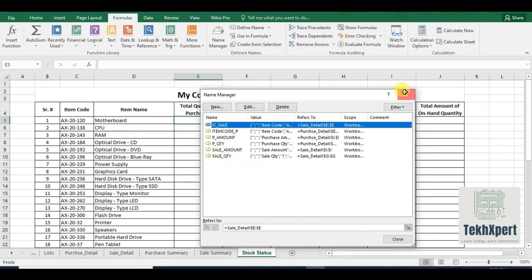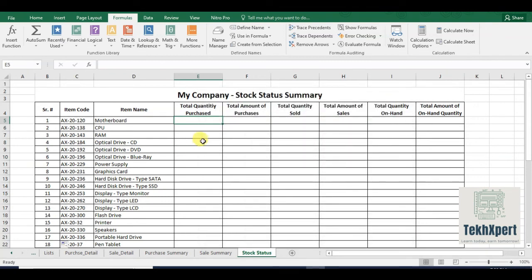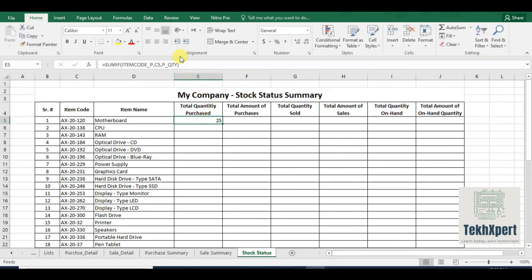So we will use these now here in the sheet. We will use SUMIF, total purchase quantity, range, item code underscore P, criteria, C5, sum range, P underscore quantity, and enter. It has returned us the total purchase quantity of this item.